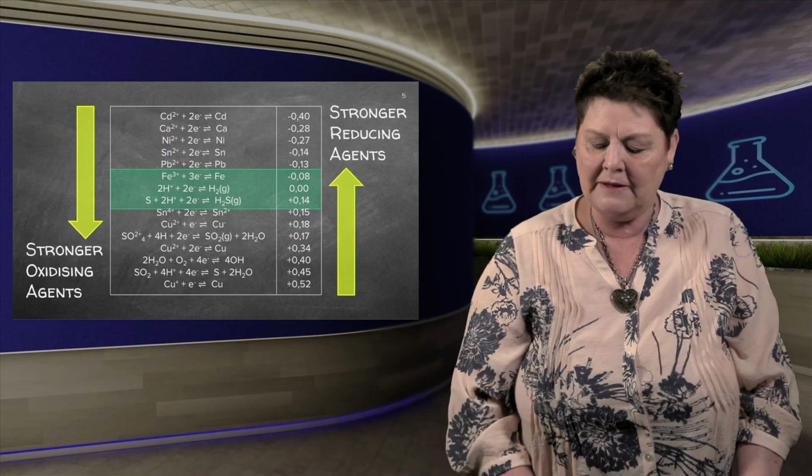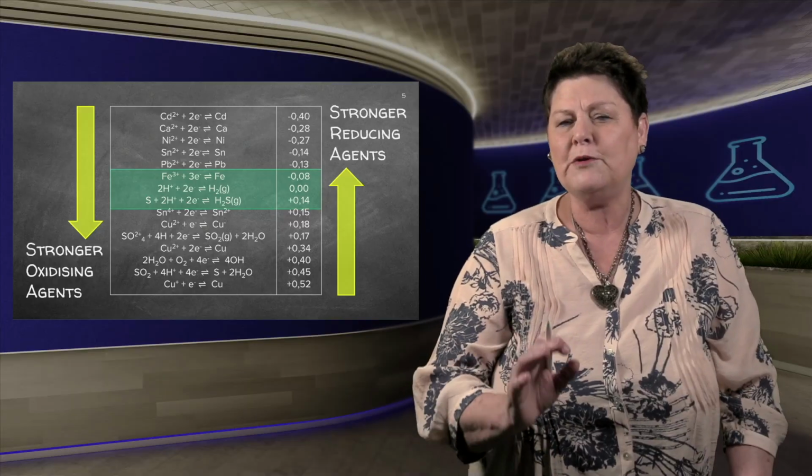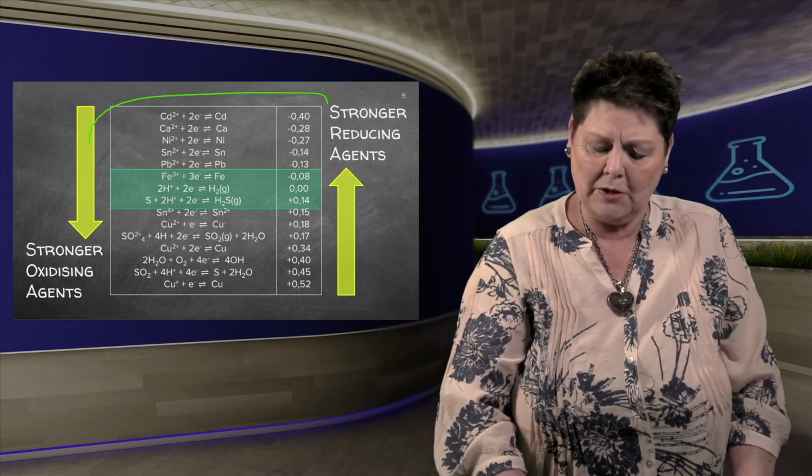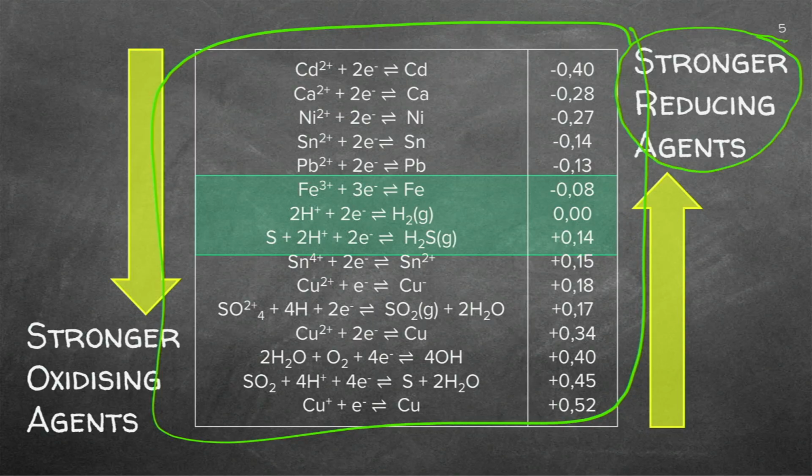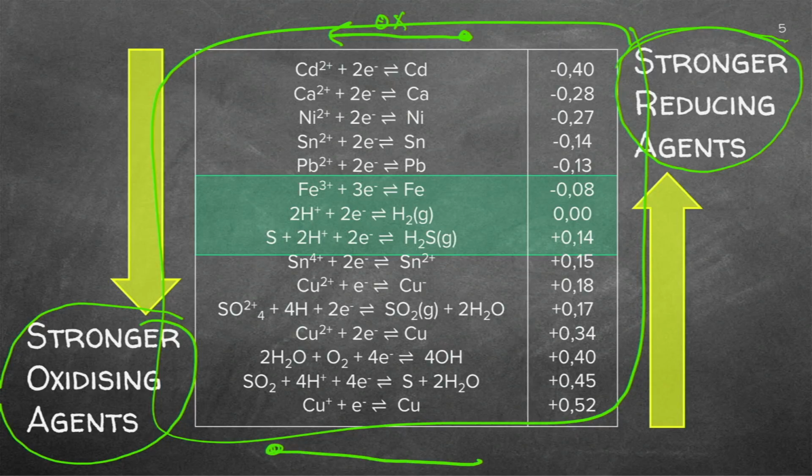So what does this mean? If you have a look at your electrode potential table, and you know I've said to you, when you get your table, remember at the top here, it's the stronger reducing agent, which means if this reaction is going from here to there, this will be oxidation. On the other hand, we've got the stronger oxidizing agents here, which means this substance will be reduced. This will be the reduction half reaction. That's what we know when we open our information sheet with this table.